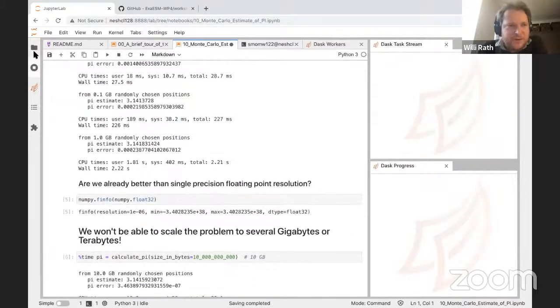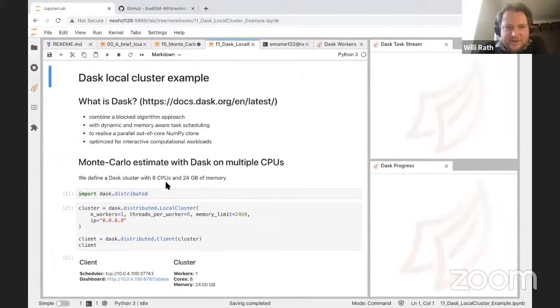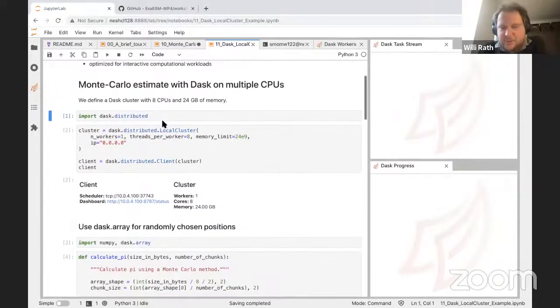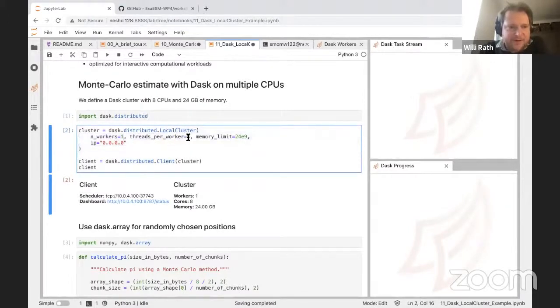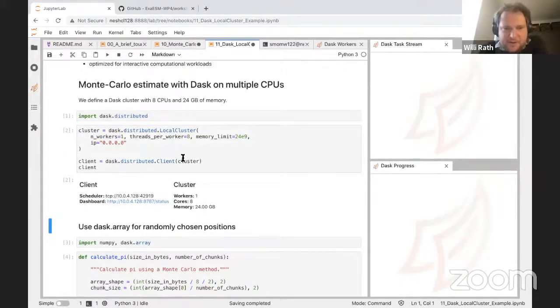But what we're going to do is stop this kernel here, which is a good thing that you should do as well if you are following along somewhere. And we go to something that scales up vertically, so on the same node, by using Dask. This is now very close to what Jacob presented 2 weeks ago. So we'll import Dask distributed, and from Dask distributed we create a local cluster with only one worker that has 8 threads, so we'll be able to execute 8 tasks at the same time. And this whole worker has 24 gigabytes of memory. So it's already very comfortable, but I think we can show off a little here because we have a big